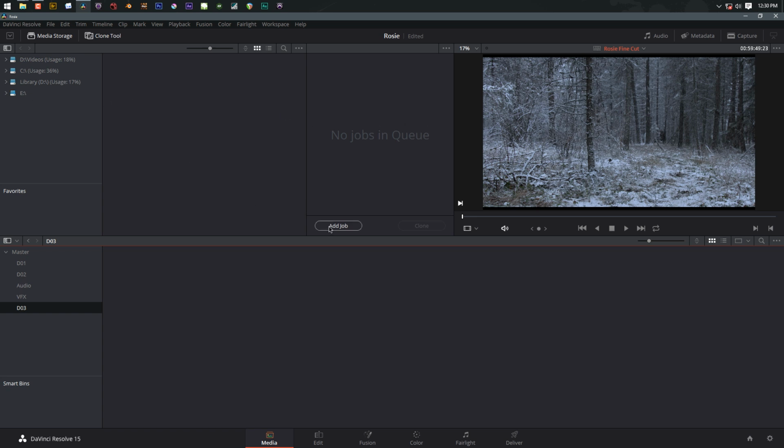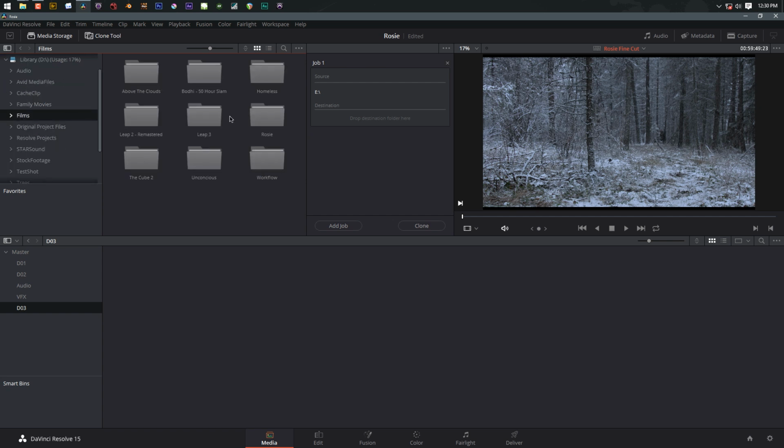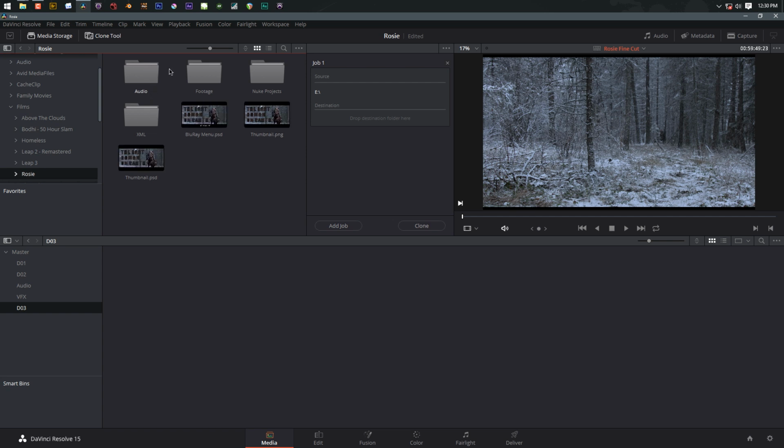So we're going to hit add job. And so I'm going to say, okay, this is my source folder. This is the day of filming. Where do I want it to go? Well, I want to send this probably to my library drive. And I go into films, Rosie, and footage. And then you can see I've got different folders in here that match my bins that I'm going to be creating later on. So I might come in here and create a new day 3 folder, which,